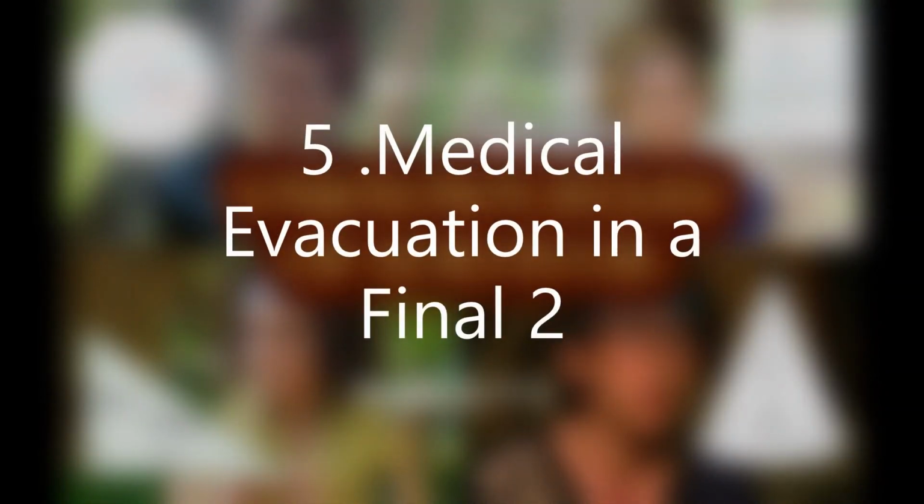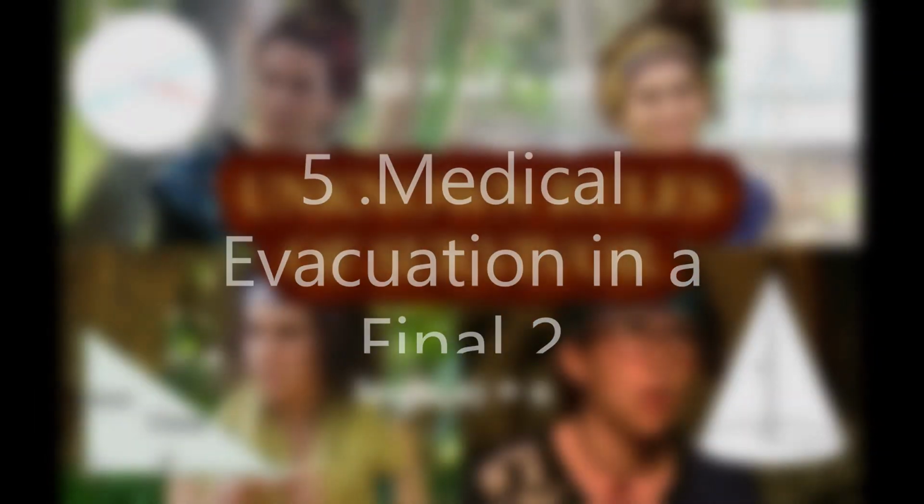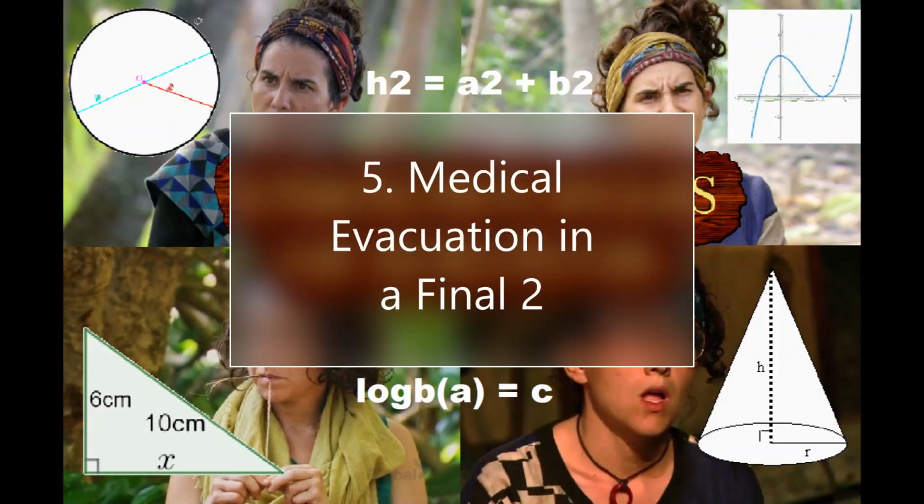The next unknown survivor rule I'm going to be discussing is what would happen if in a final 2 situation there was a medical evacuation. So Survivor is obviously a game where the jury get the overarching say on who played the best game and who wins the prize at the end. So in the circumstance of a final 2, what would happen if, say, these contestants needed to be either medically evacuated or had to leave the game due to a family emergency?